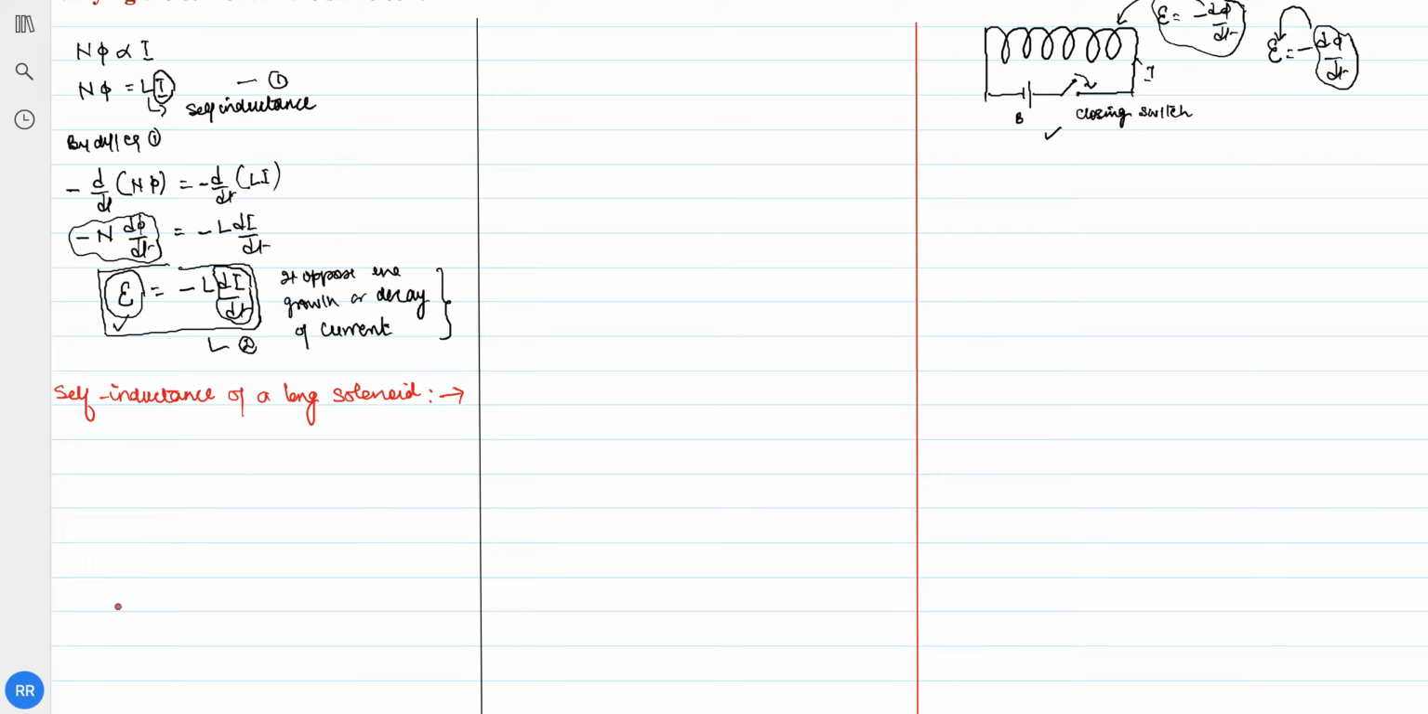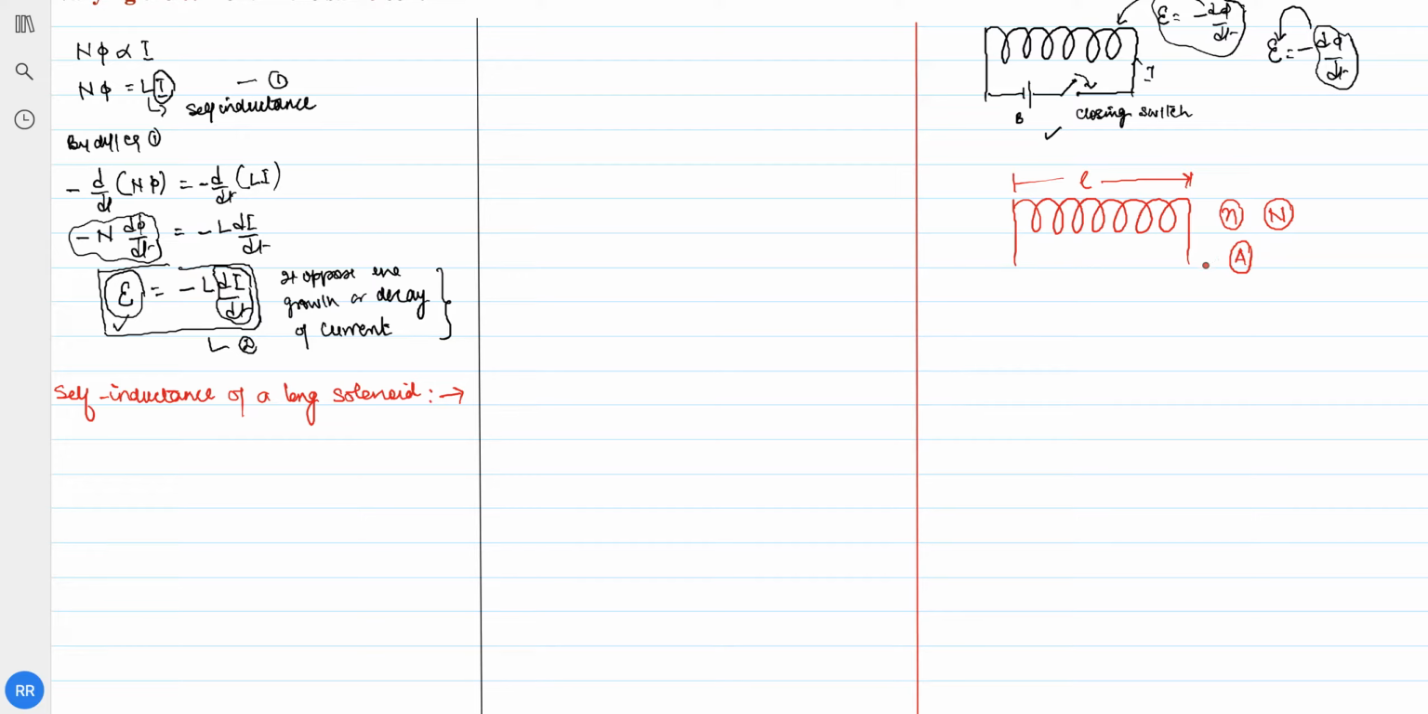So we consider that we derive the self inductance of a long solenoid. A simple case, I redraw a diagram. If you have just one long solenoid of certain length L, and small n be the number of turns per unit length, capital N be the total number of turns of the coil, and A is the cross-sectional area of this solenoid,